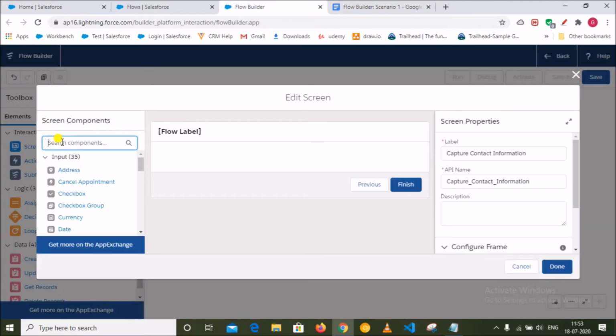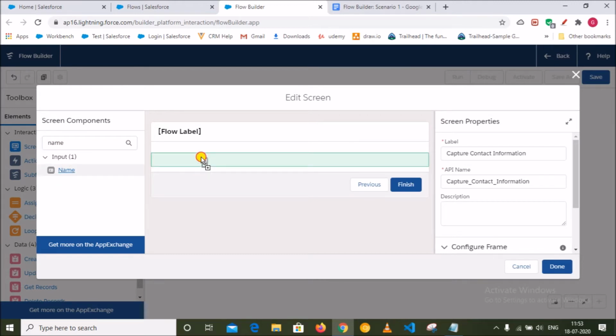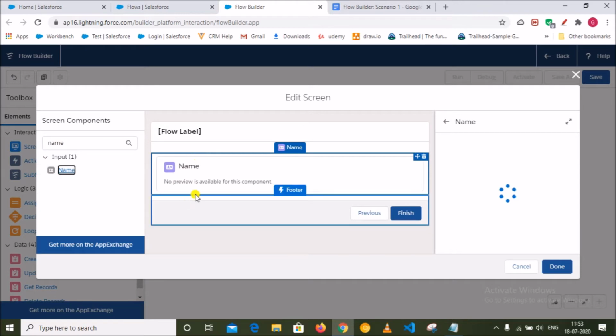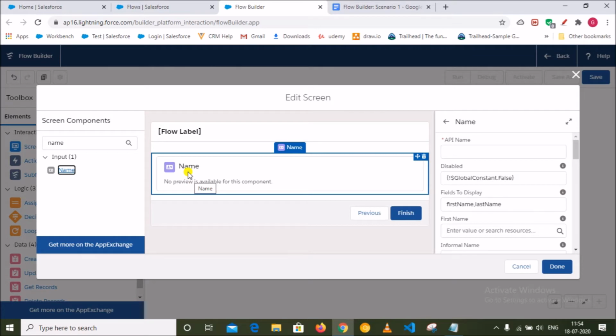So in flow, there is a component which is called name. Just drag and drop it here, and if you see here, name is an input component, basically a custom component. If you see on the right side, you can see the defined information for the name component.